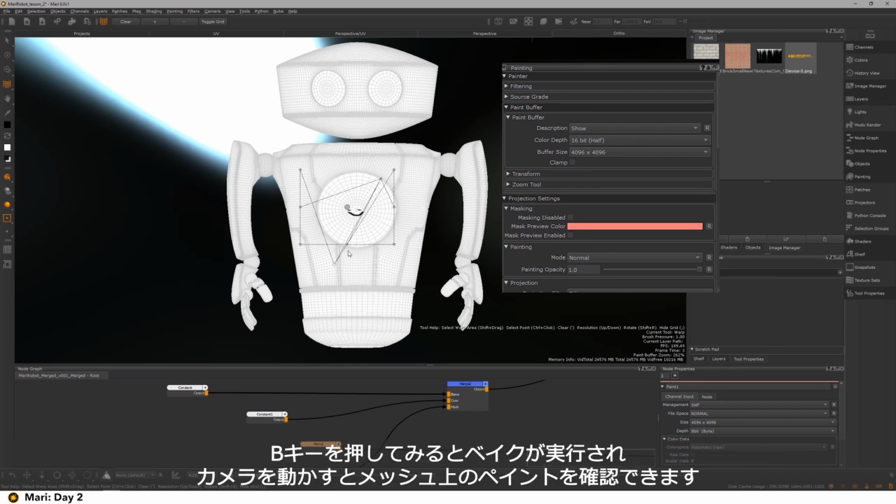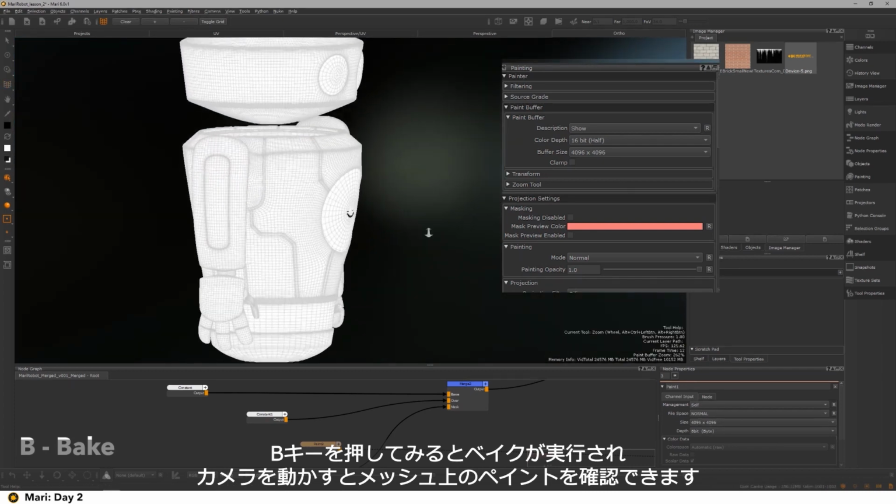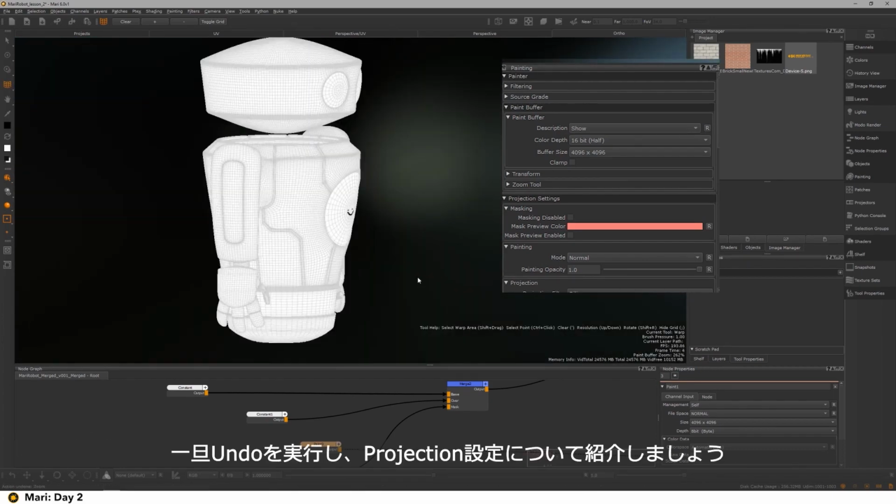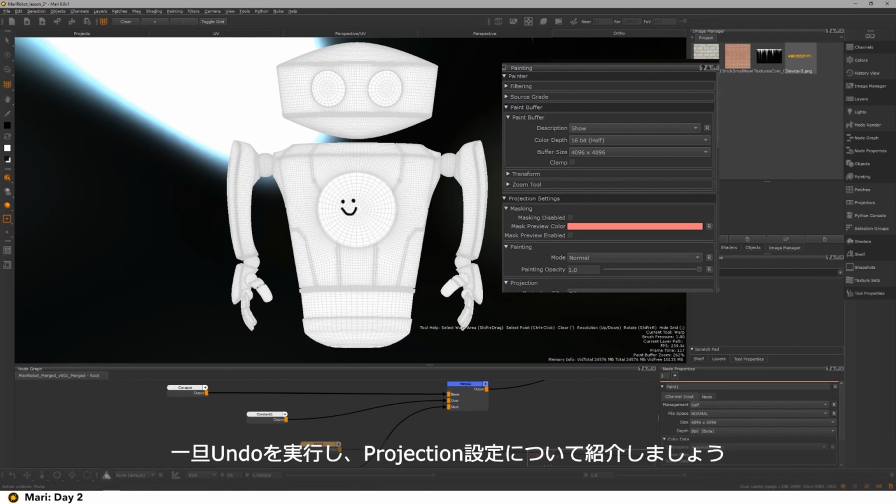However, if I were to press B on my keyboard or rotate the camera, then we're going to bake it and we're going to see what's going to happen. Now this mesh has actually got this paint data on it. Before it was just on our paint buffer. So I'm going to undo that, and now we're going to talk a little bit about some of these projection